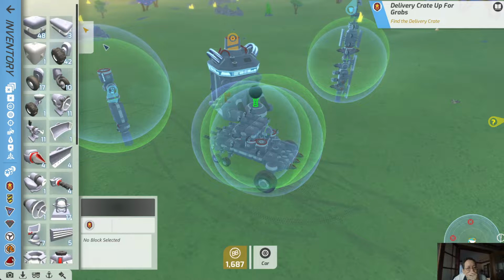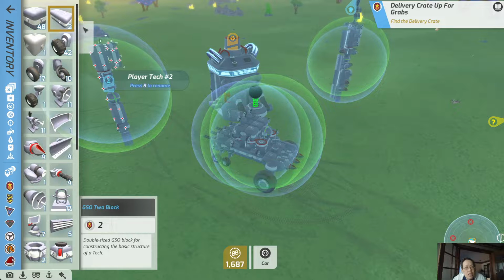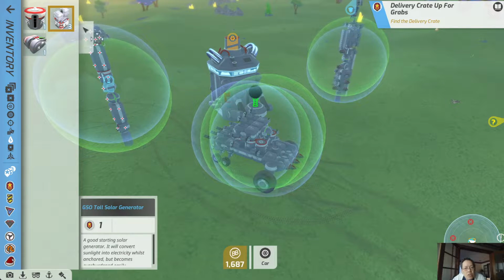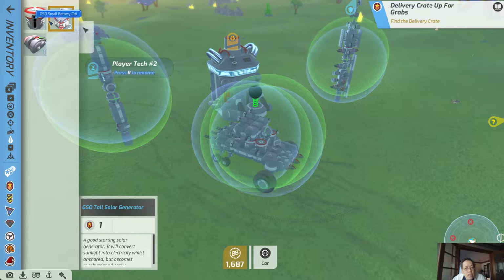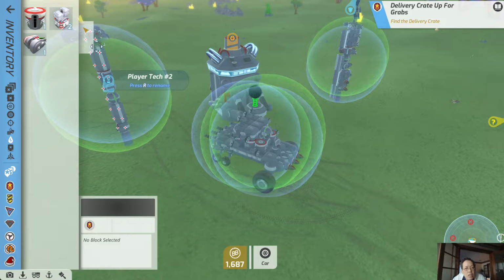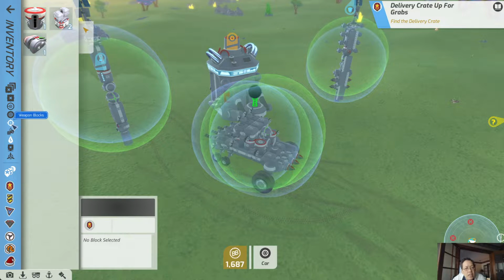I guess just another 2 block, and then the solar, in case for some reason the power transmission doesn't work from the trading station, but that seems unlikely. Oh, and I mounted it sideways somehow, because that's good. Okay, and then